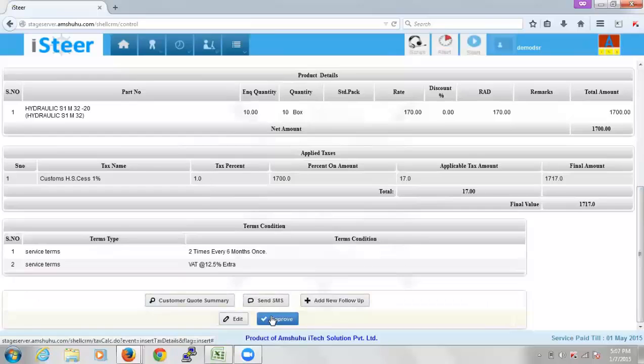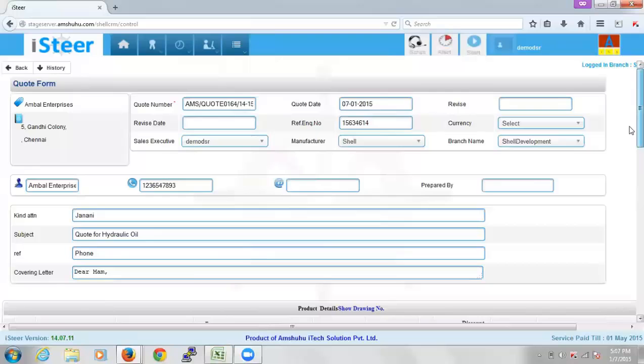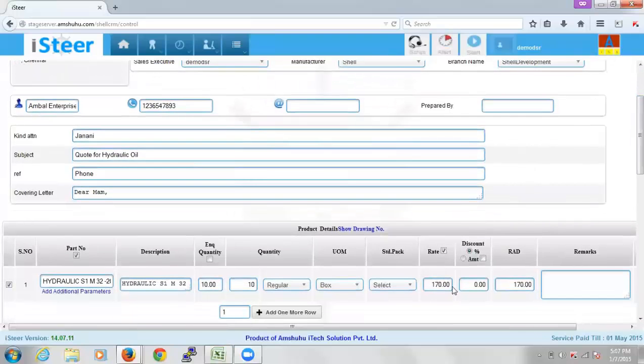And if this person has privileges to approve the code, he will be given this approval button. Also, one more thing in the code is you can always provide discounts. So there is this discount. It can be given either in percentage or in amount.